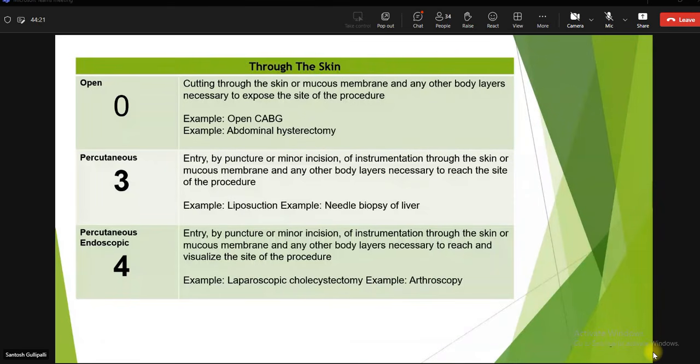Yes, sir. Sometimes some guidance like some fluoroscopy imaging. For example, if a biopsy is to be done in the liver, how will the physician know whether the needle has gone exactly into the liver or not? So at that time the physician uses some fluoroscopic guidance, some CT guidance, some ultrasound guidance. When the physician uses these guidance, at that time the type of approach is considered